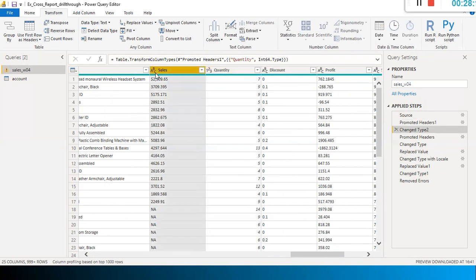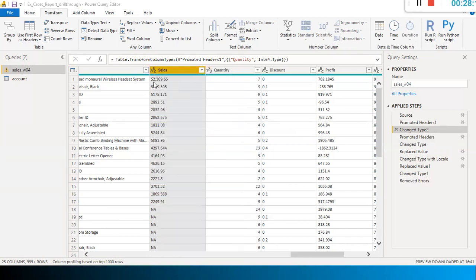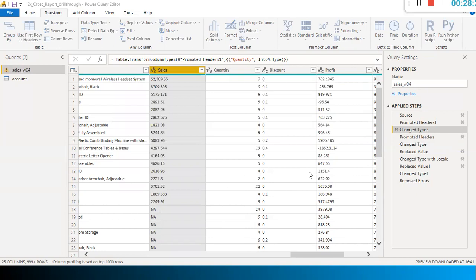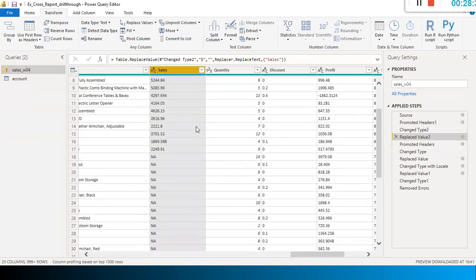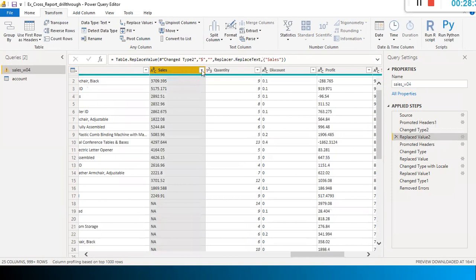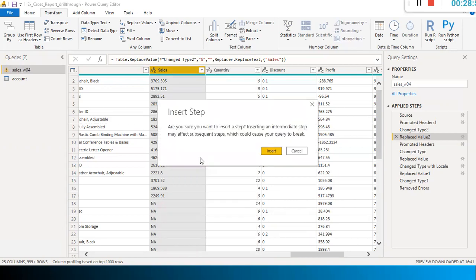And in the case of sales, I see here a dollar sign is there. I already did this, but I did not open that file. Wherever the dollar is there, replace it with nothing, so the dollar will be replaced by an empty string. And also we have something like NA here. So I just click in them. Don't click here and here if you want to do some kind of data transformation like this. Just select in the middle of this one. You will find Replace Values.